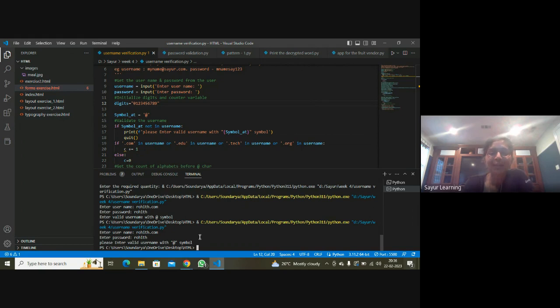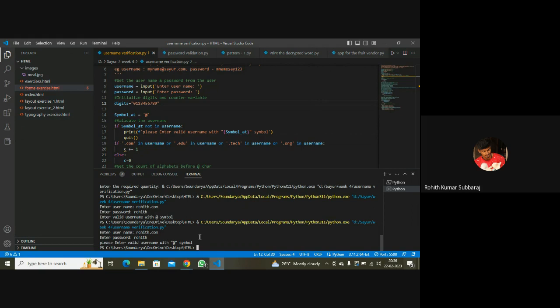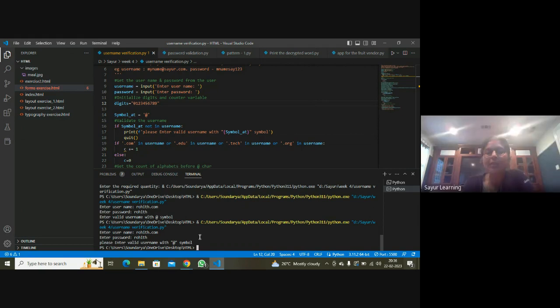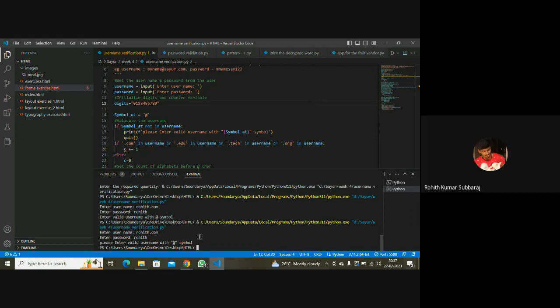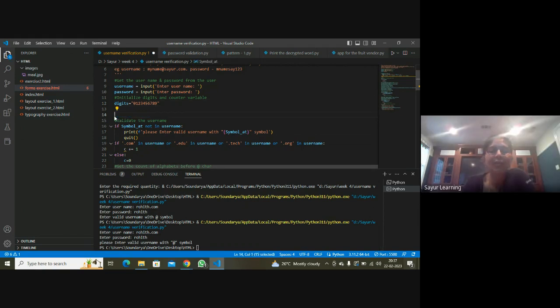So now you got it, right? You are using double quotes. Instead of a single quote, you put double quotes and it takes it. So now the thing is, do you really need the at symbol? Do you need that variable name, or can you put the at symbol directly? You don't need a variable name. You can just put the at symbol itself. You can leave it there if you want.